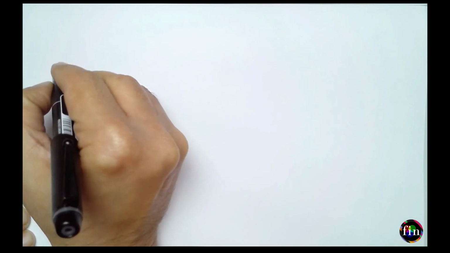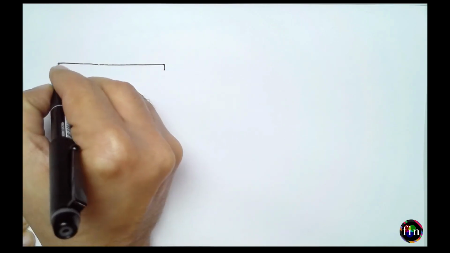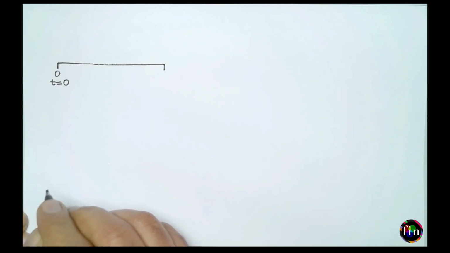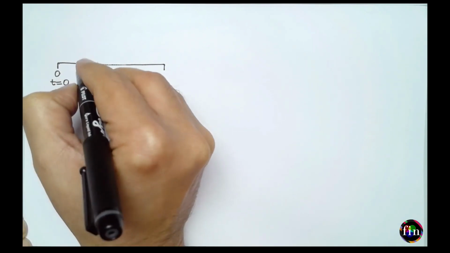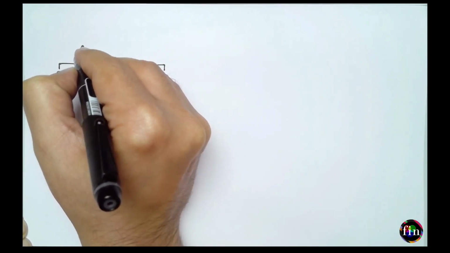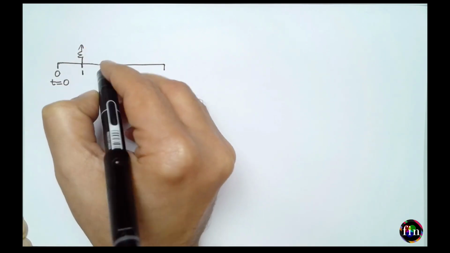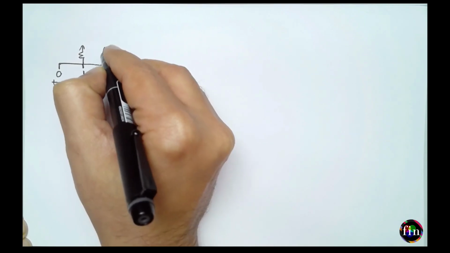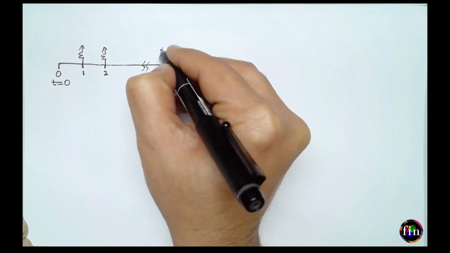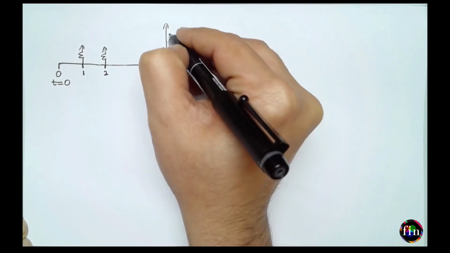To value this note, let me first draw its diagram. Let's assume that I am standing as of time t equal to 0. This is the time at which this note has just been issued. Let me now draw its cash flows. At time t equal to 1, it will pay off a floating coupon. Then on date 2, again a floating coupon. On the last date, let that be date n, it will pay off its last floating coupon and return back to you the face value.